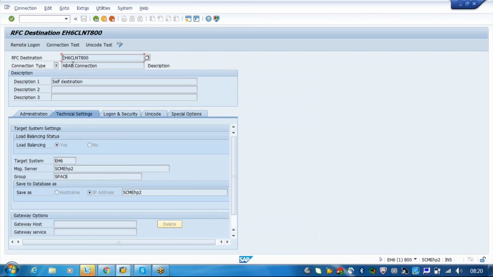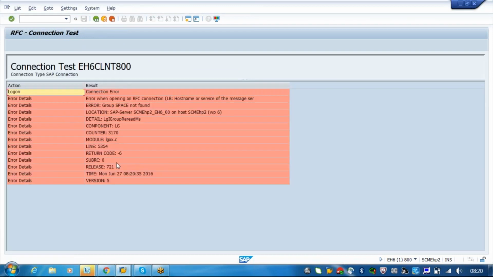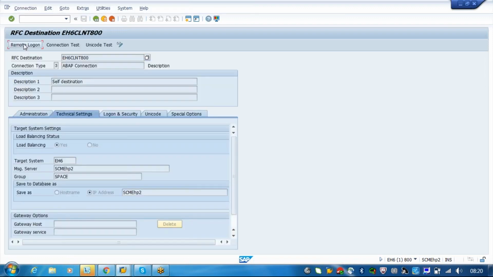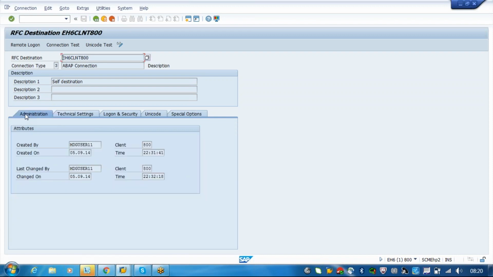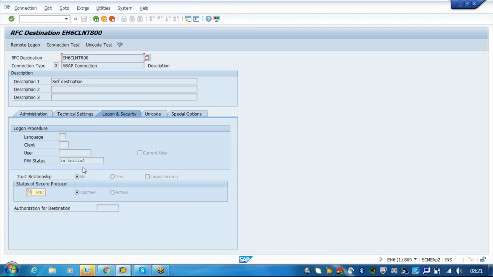From TM or from R3, if you are sending to TM, it moves through this RFC destination. It's an ABAP connection. You can click here for a connection test. There are some errors that were logged long back, in June 20. It's a password; through the password it will send.